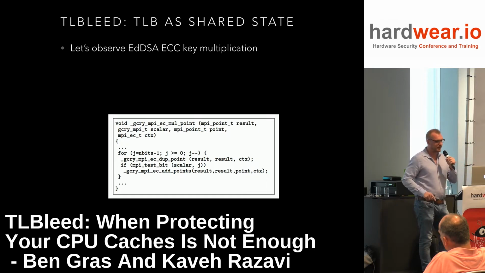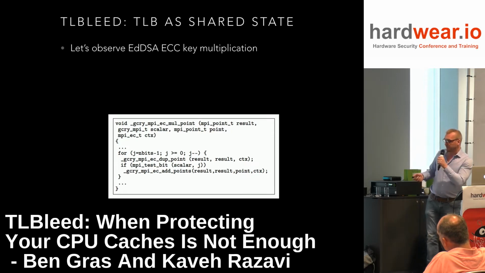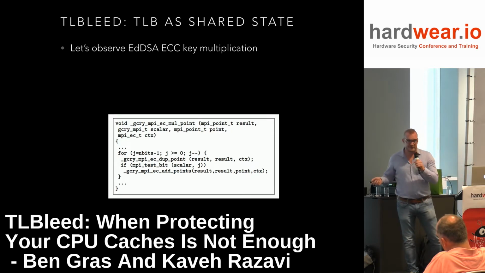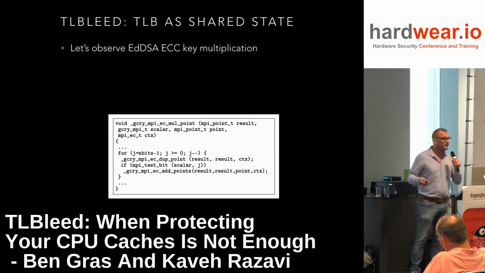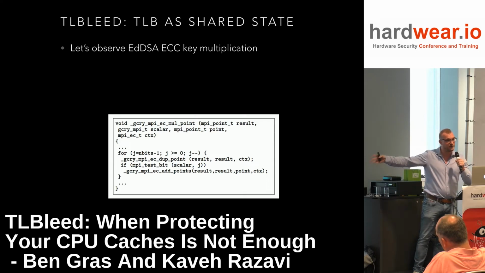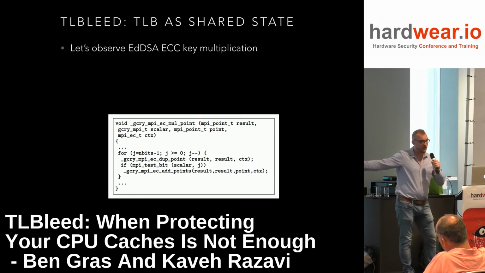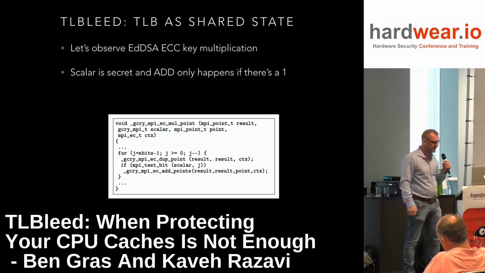We're going to use this as a case study to see if we can leak the secret bit that we're processing, the secret bit being in the scalar function. This is the non-side channel proof version, but as we've talked about, if there were a generic cache defense deployed, this would still be safe. So let's see if a generic cache defense is deployed and we run this code, can we still leak this data through the TLB or not? Let's see what that would look like.